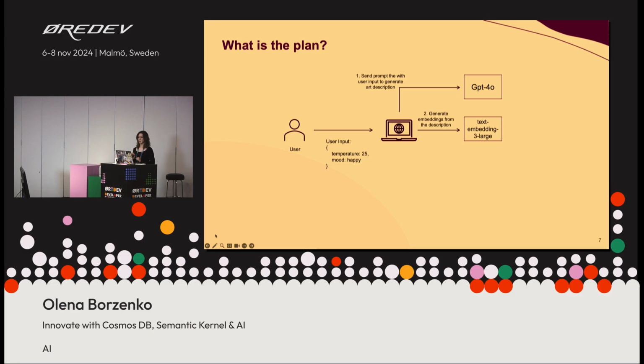Having a description from GPT-4 Omni, I'm creating the embeddings from the description that I have. I can also do the same with my custom data, with my user data, and maybe with the art configurations later on for similarity searches. So based on those vector embeddings, later on I can say, okay, which art is similar to this description